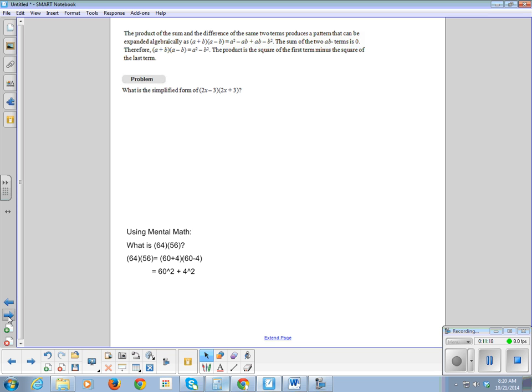The product of the sum and the difference of the same two terms produces a pattern that can be expanded algebraically. If I have a plus b times a minus b, you get a squared minus ab plus ab minus b squared. The sum of the two ab terms is 0, and they cancel out. Therefore, and this is what I want you guys to write,